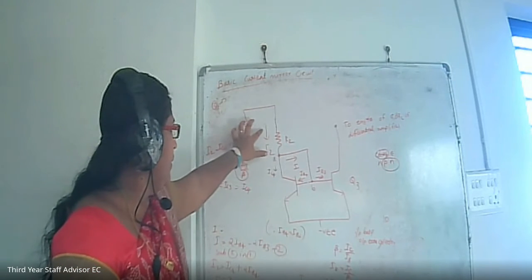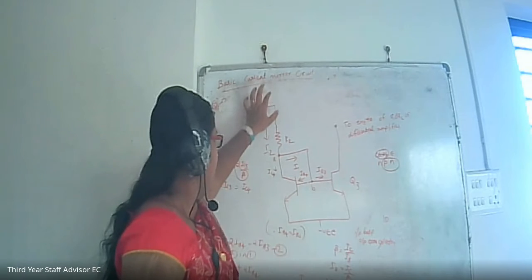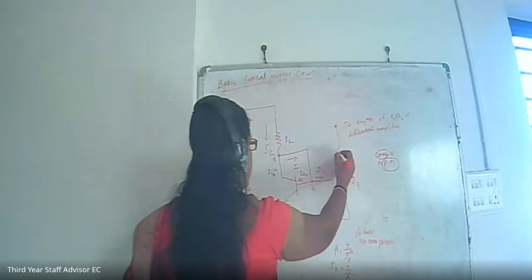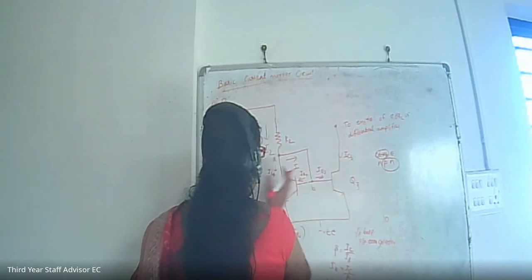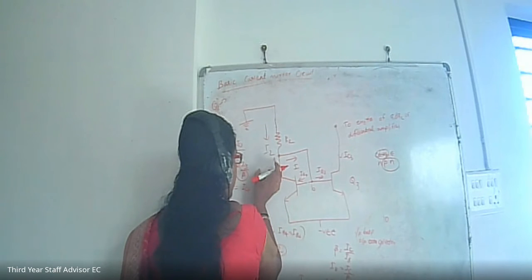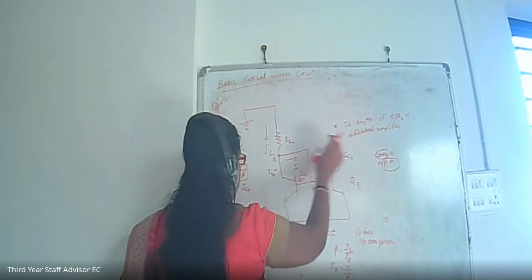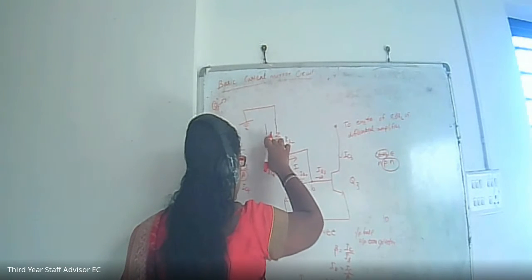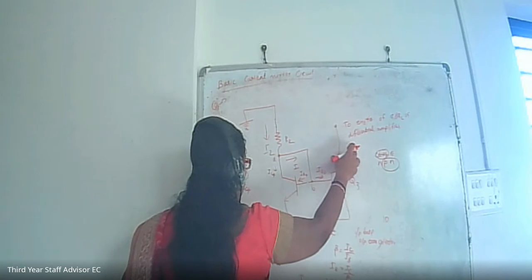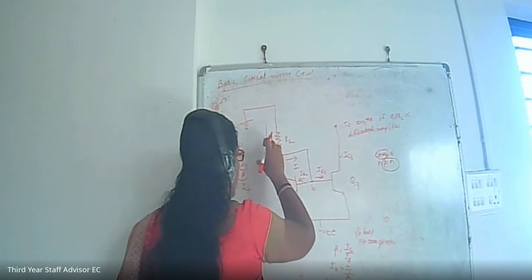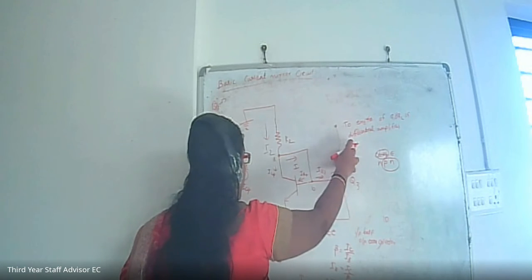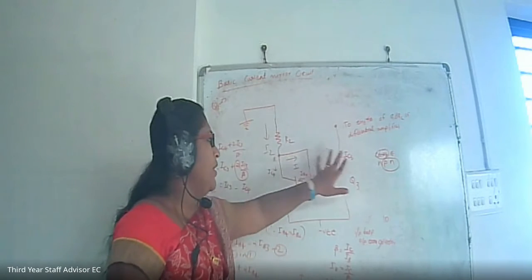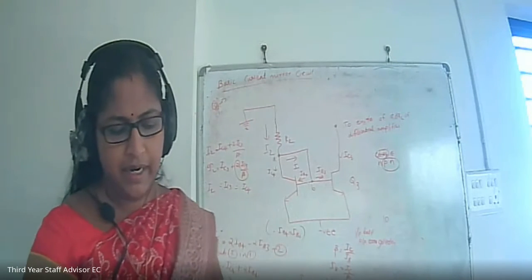What is I2? I2 is the current coming from the differential amplifier, and that will be equal to IC3. IC3 is the current coming to this section. This is the input section of the circuit and the output is taken at the side. That means the incoming current I2 is equal to the outgoing current. So the current at one portion of the circuit is the mirror image of the other portion. Since I2 equals IC3, the output current is the mirror image of the input current.